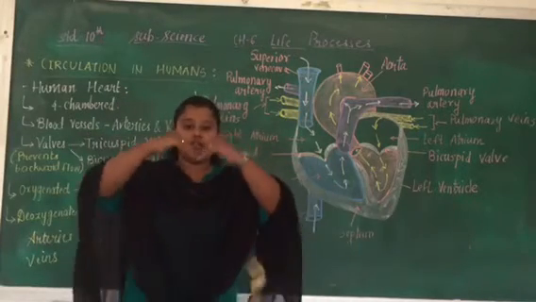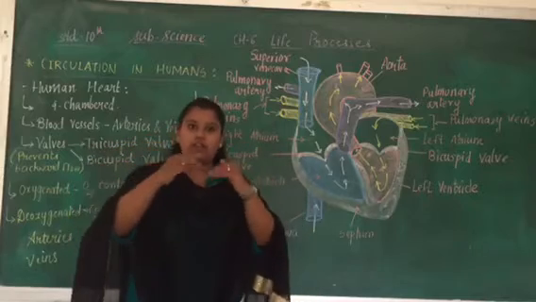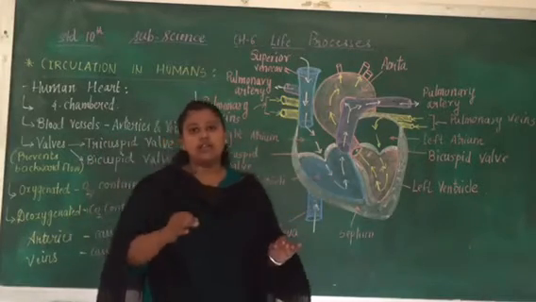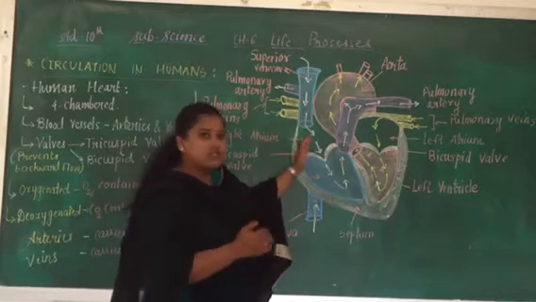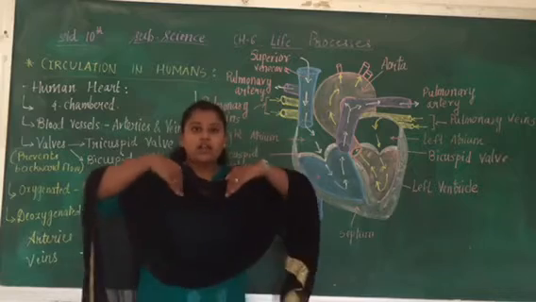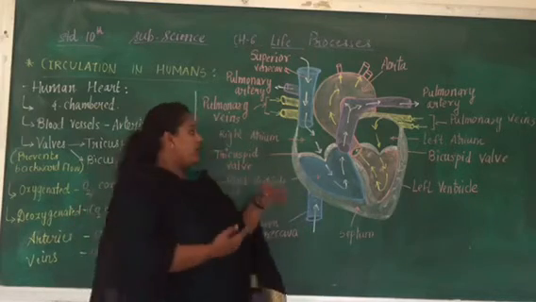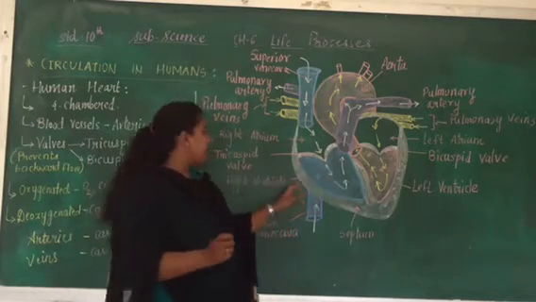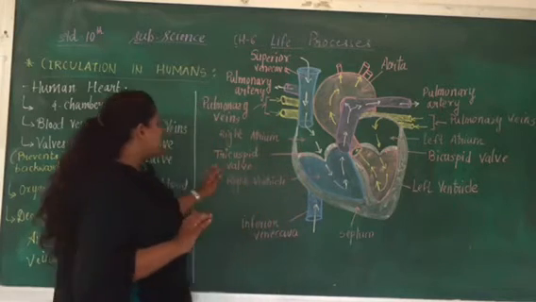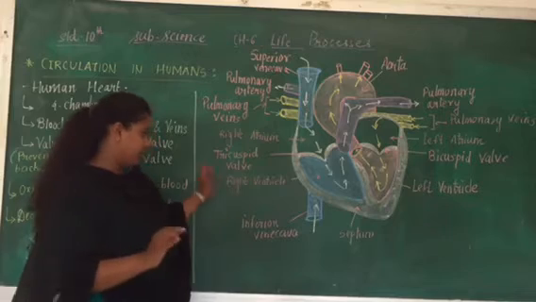This valve, which is like this, opens due to the pressure, and when it opens, all the blood from the right atrium flows into the right ventricle. When the blood passes from the atrium to the right ventricle, again the valve gets closed. So the blood which is present inside the ventricle does not go back to the atrium, right? So this is the function of the tricuspid valve.